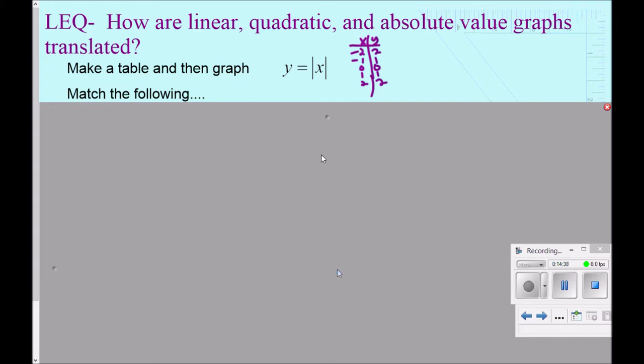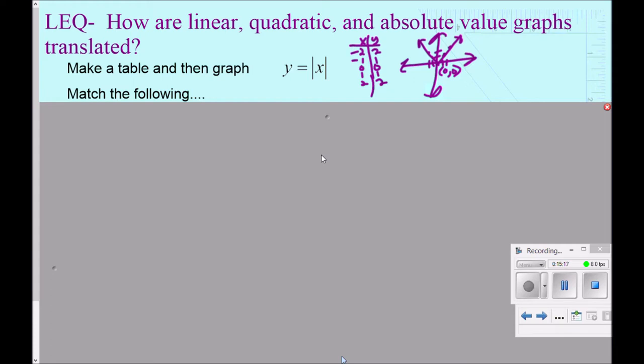And 2 stays 2. So if I draw myself a coordinate plane, which you should put into your notes, and plot some of these points, -2, 2, -1, 1, 0, 0, 1, 1, 2, 2, we're remembering, hopefully, that the absolute value of x, y equals the absolute value of x, is a V shape with its vertex located at 0, 0. Okay, so